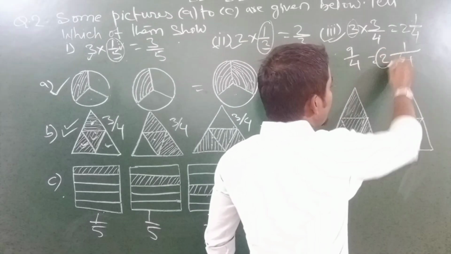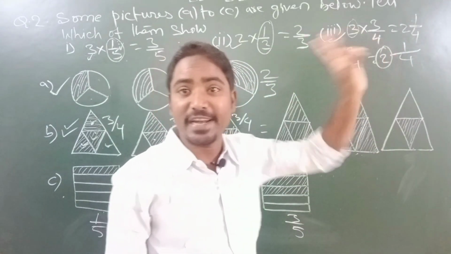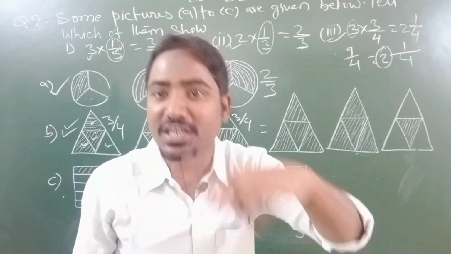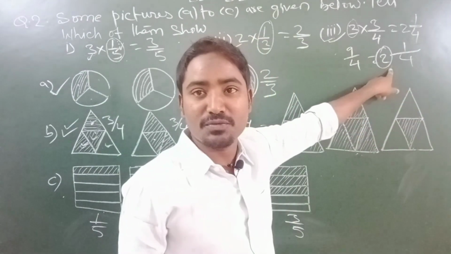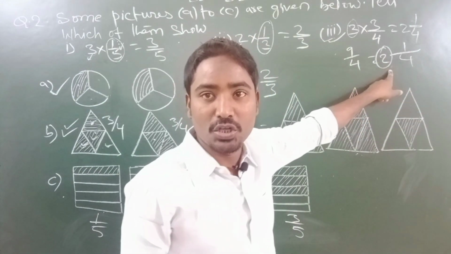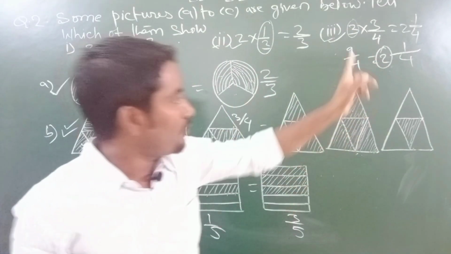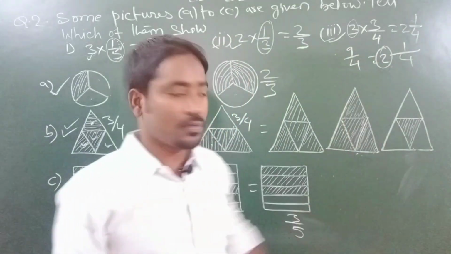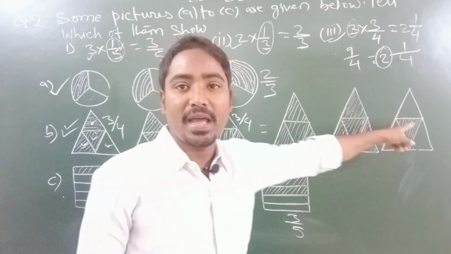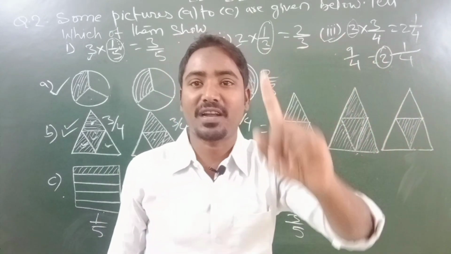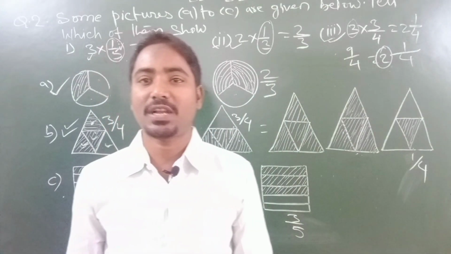See, this is the whole number in the mixed fraction. So this whole will represent that 2 of the figures will be completely shaded. Don't get confused here. This one is known as the whole in a mixed fraction. So this one will represent that 2 of the figures will be completely shaded and 1 of the figure will be 1/4. So here I have drawn the figure, 2 of them are completely shaded and 1 is partly shaded, that is 1/4. So this was your question number 2.